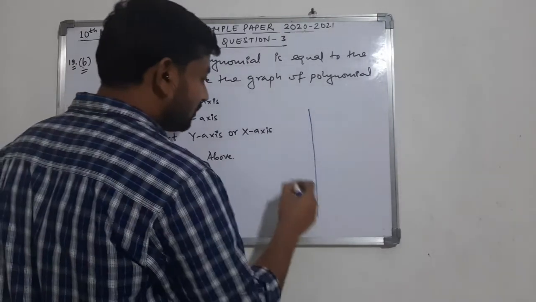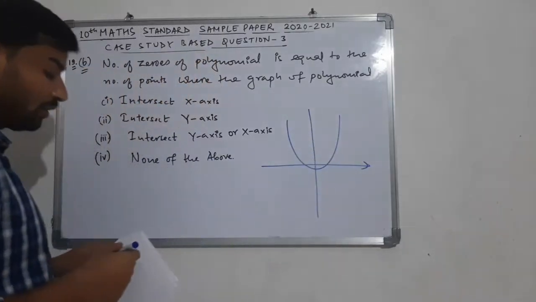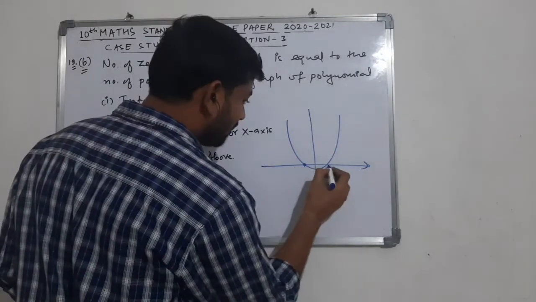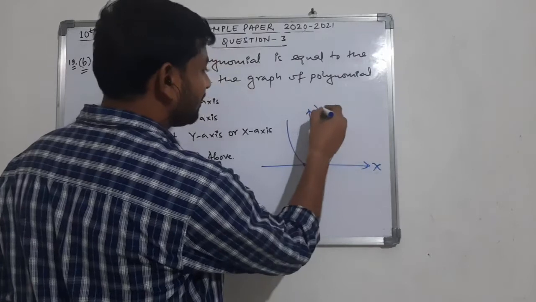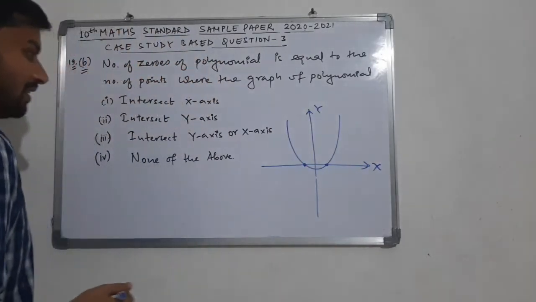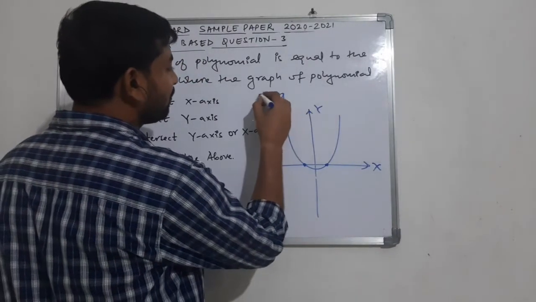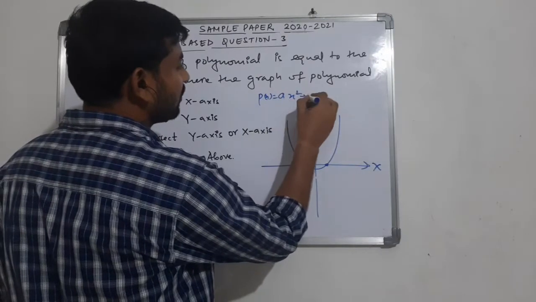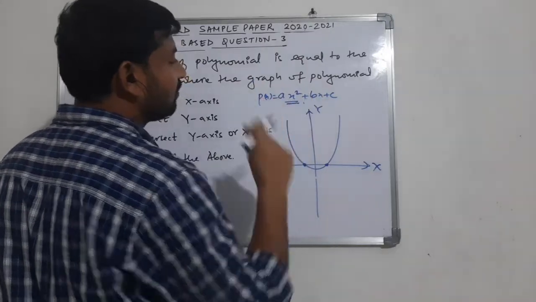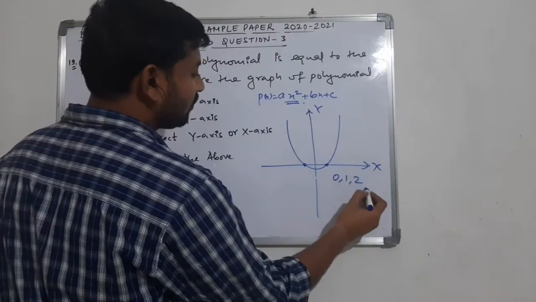यहाँ पर जो भी इक्वेशन आती है वो पैराबोला हमेशा अपवर्ड या डाउनवर्ड ओपन होता है, और ये नंबर ऑफ जीरोस जो है वो हम हमेशा देखते हैं कि जो ग्राफ है उसका वो एक्स एक्सिस पर कितनी जगह इंटरसेक्ट करेगा. At most it can be 2. पैराबोला में जो इक्वेशन है p ऑफ x, that is x square plus bx plus c. So here the maximum number of zeros can be 2, so it can have value 0, 1 or 2.